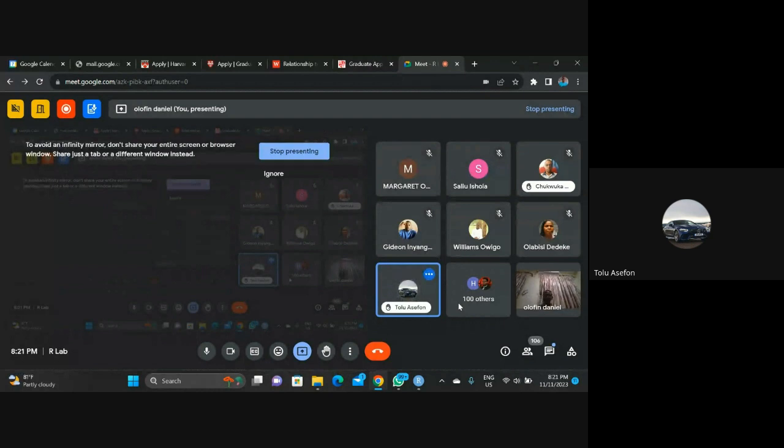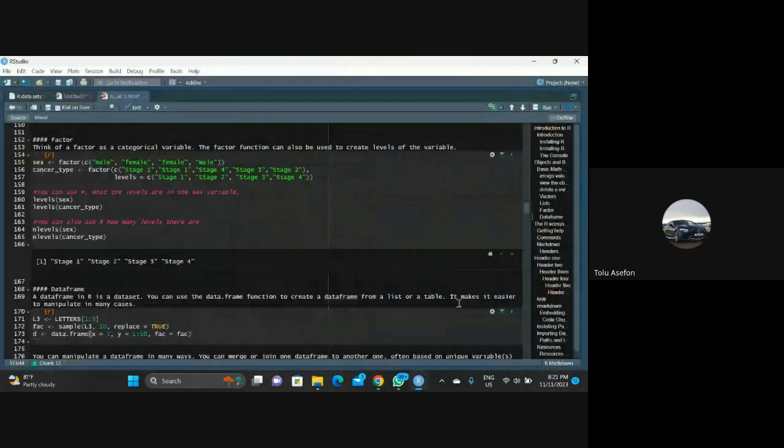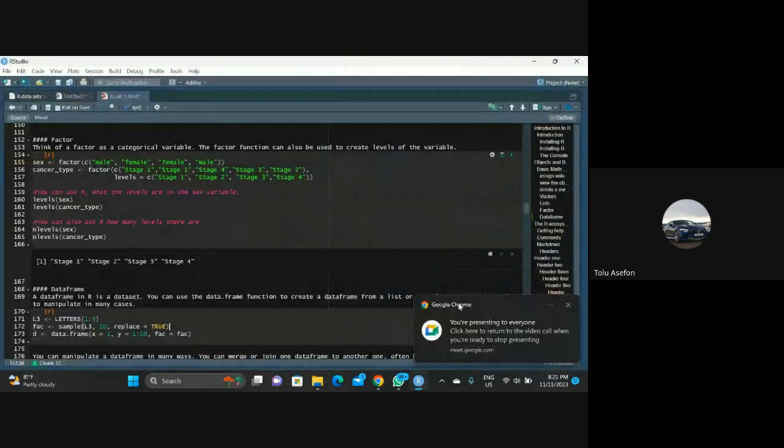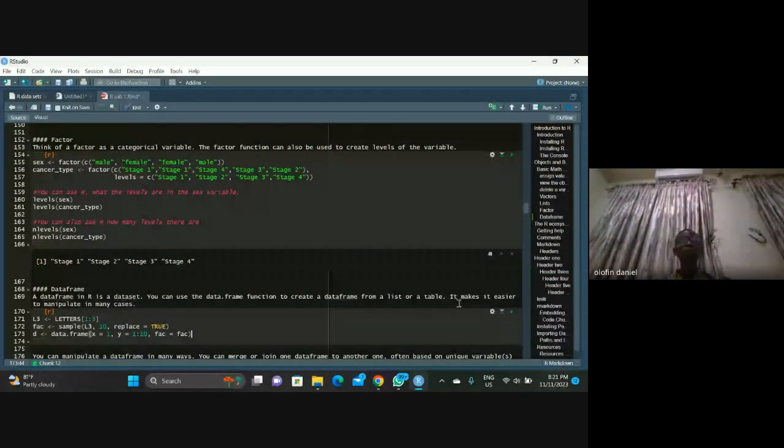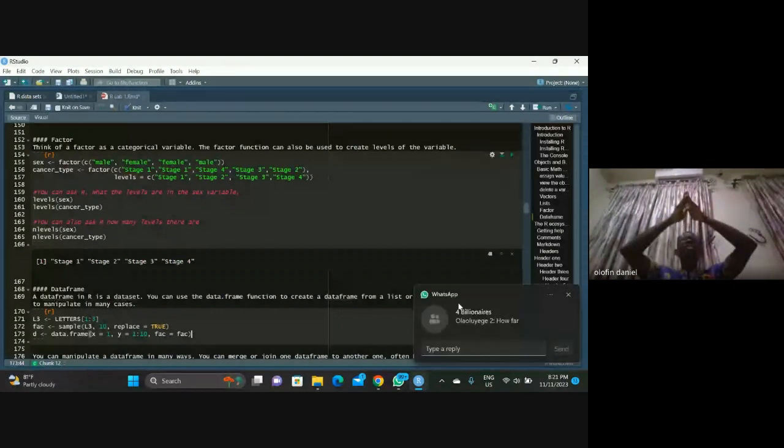When do you use a list? When do you use a vector? I just want to know. Thank you. You store your variables in a vector when you have the same values,